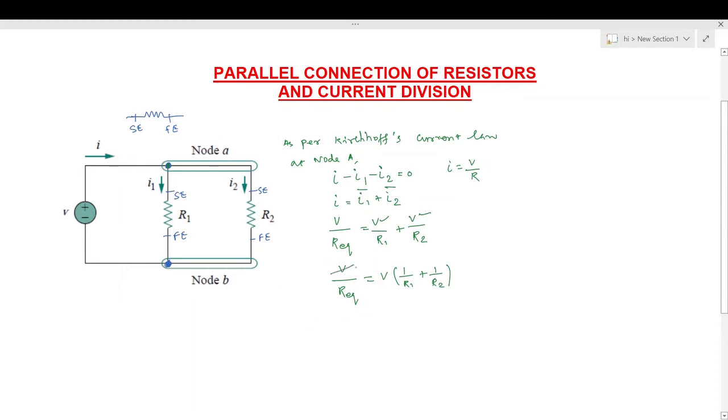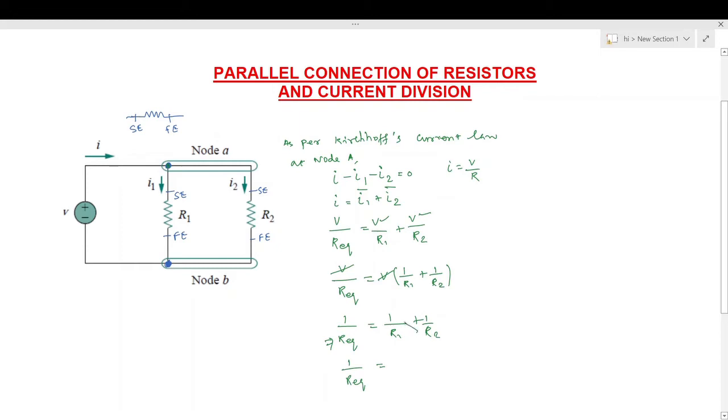Now we can cancel out the equal values on both sides of this equation. So remaining will be 1 by R equivalent is equal to 1 by R1 plus 1 by R2. Now I need the value of R equivalent. For that we will further simplify this equation. So the value will be 1 by R equivalent is equal to